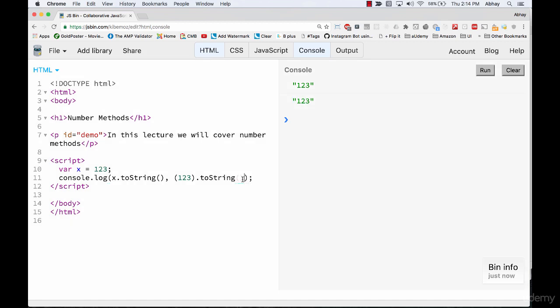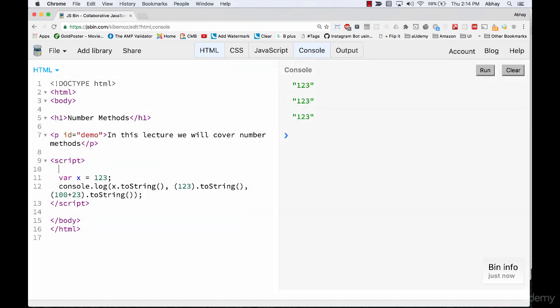We can also do another thing. You can have mathematical computations. So let me just put a comma here and break to the new line, and I can do 100 plus 23 and a toString. It will still return the answer as, let me clear it, 123 three times. That was toString in action. Let me just put the comments in: toString method. Let's move on to see the other method that's available in our armor, and that's called